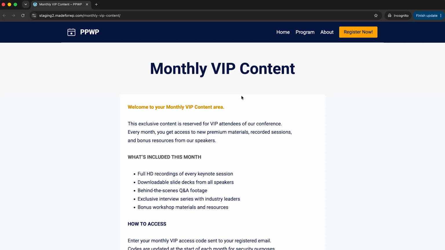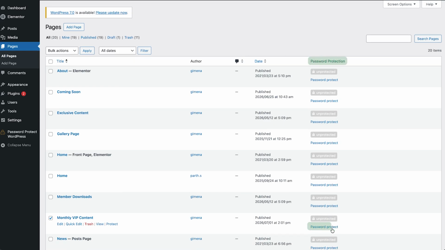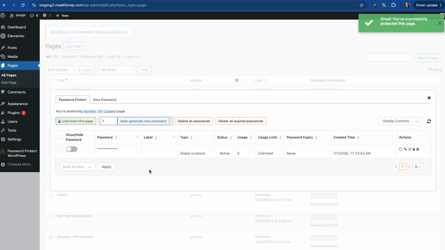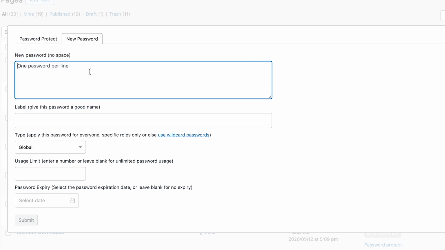Now, navigate to the page or post you want to protect. Click Password Protect under the Password Protection column. Then click Password Protect this page. In the panel that opens, go to the New Password tab. Enter your wildcard password, for example,